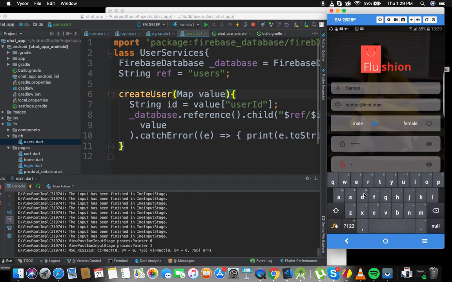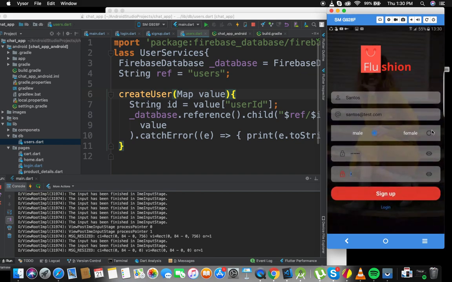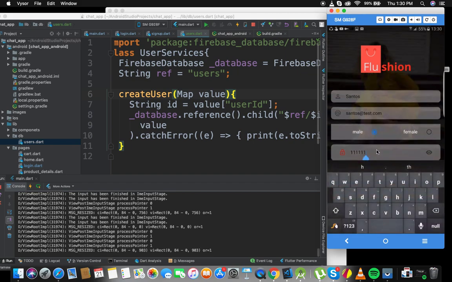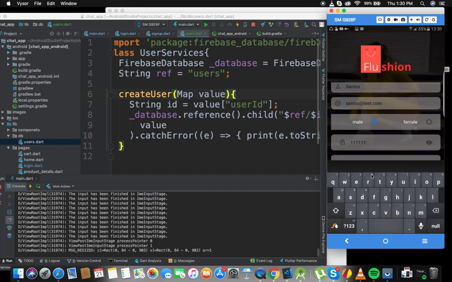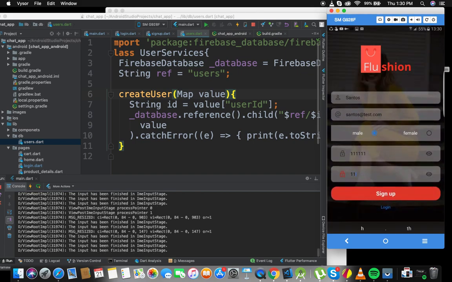Sign up. And we had an issue. Probably because the passwords do not match. Okay, not a problem. 123123, hit here. 123123,